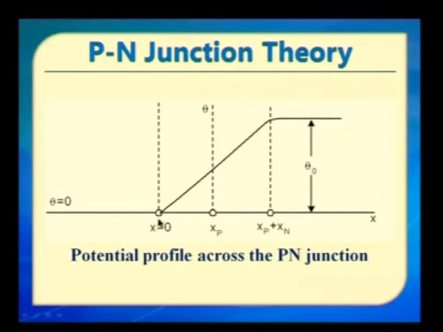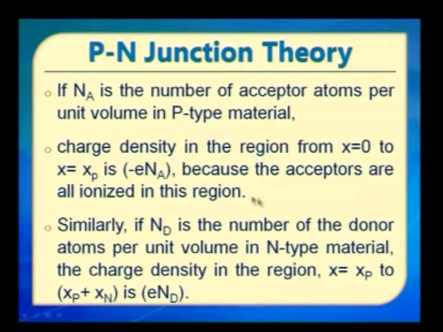So, the ionic layers are present from x equal to 0 to x p, and the other kind of ionic layers will be present from x p up to x p plus x n, that is in the n type region, right. Okay. And if N A is the number of acceptor atoms per unit volume in the p